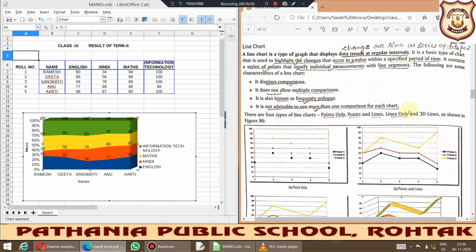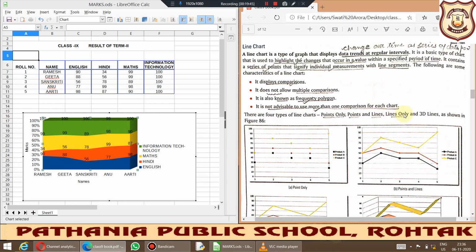So when we want to observe the change over time, then we go with the line chart. So it is basically used to display the comparisons. It doesn't allow multiple comparisons. It is known as frequency polygon. Okay, so there are many variations in it, like points only, it will be represented with only points, then points along with the lines.